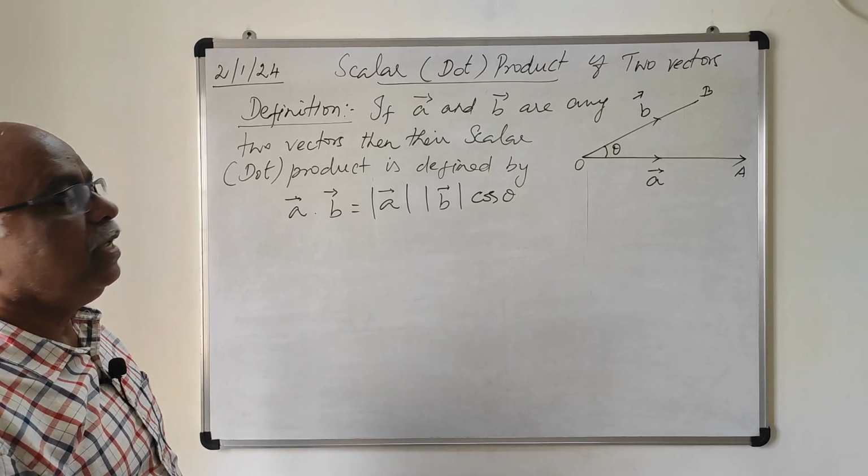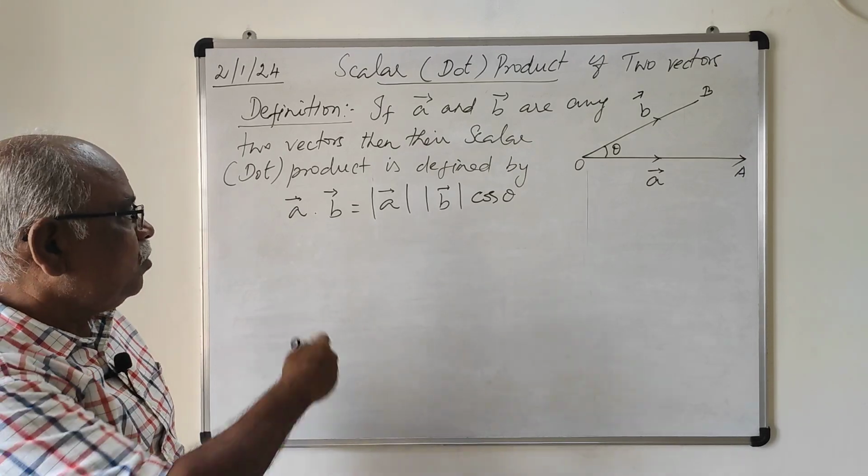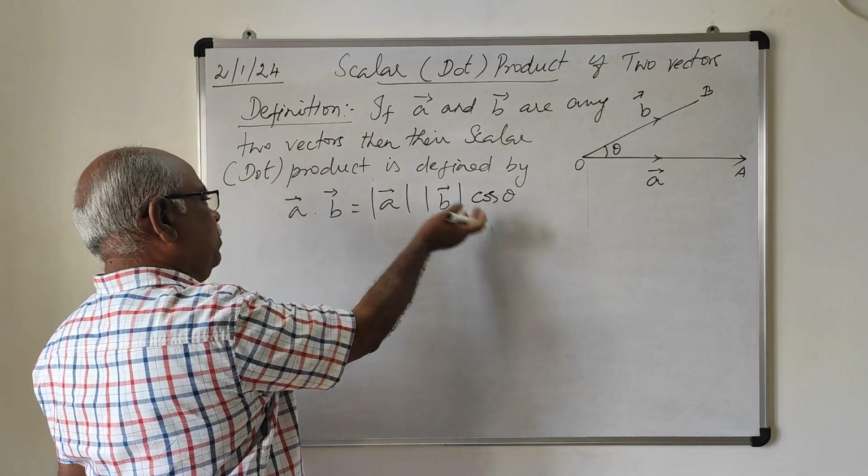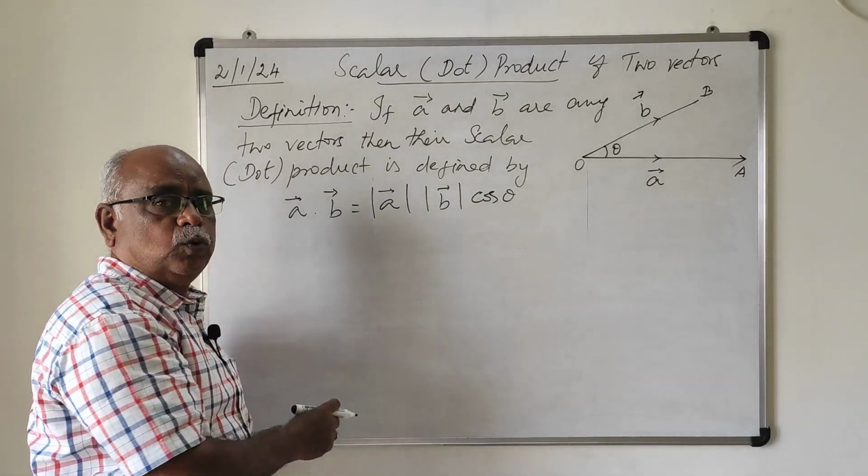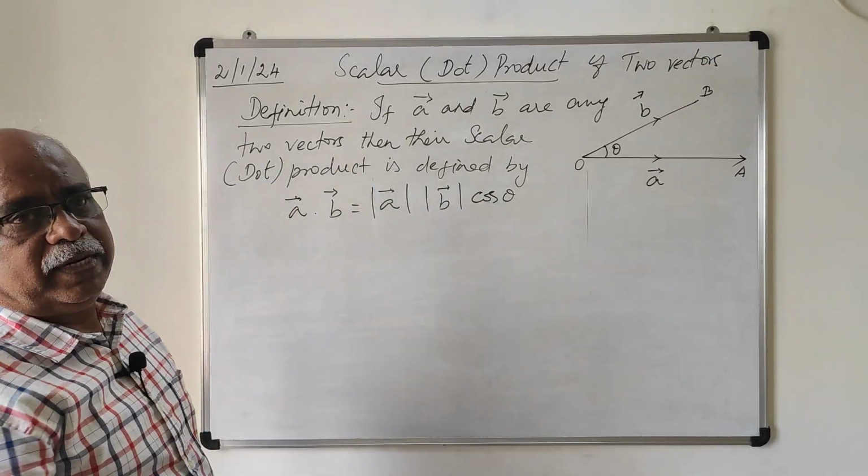Theta is the angle between the vectors A and B, and the cosine of theta multiplied with modulus of A and modulus of B gives you the dot product of two vectors,